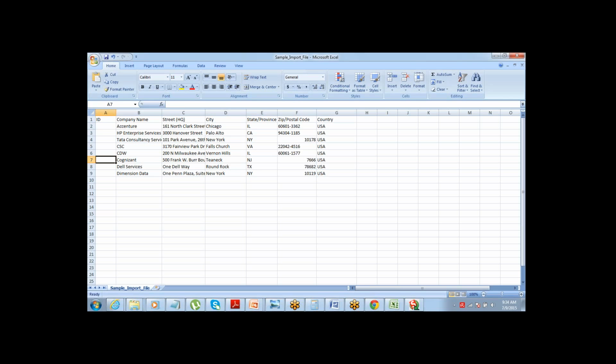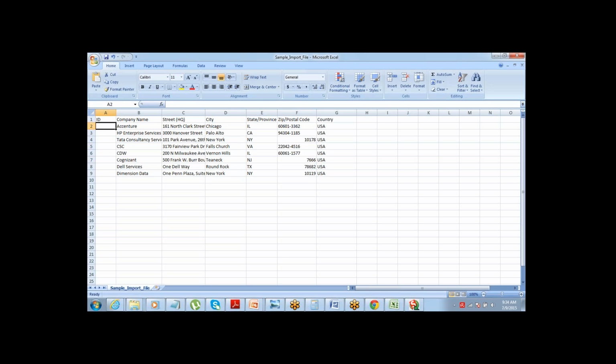So the name can be duplicate. Multiple records can have the same name, but the ID which is generated is the unique key. That's the reason why Salesforce creates an ID for every record which is inserted, whether you insert it manually or through Data Loader.